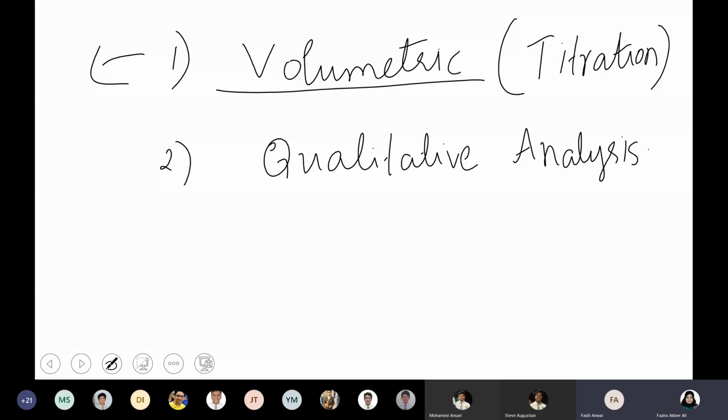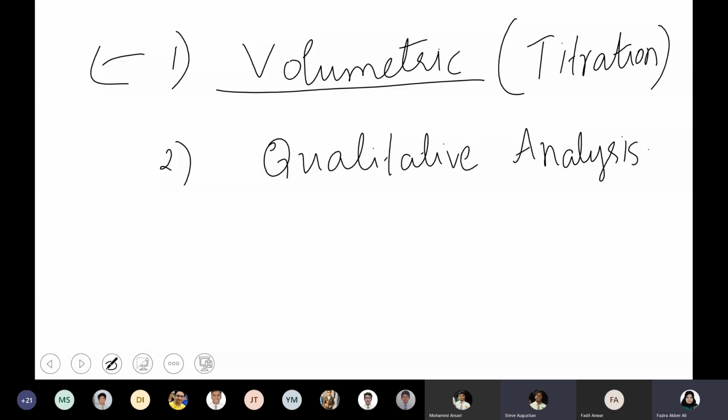Okay. Quantitative, as you said, quantity. You are measuring the strength of something. For example, you're given a KMnO4 solution, or you're given sodium hydroxide in a beaker. How will you know the concentration? Because a substance can be prepared in different concentrations. It could be 1 molar, 2 molar, or 10 molar. So how will you know the concentration basically? That means the strength.